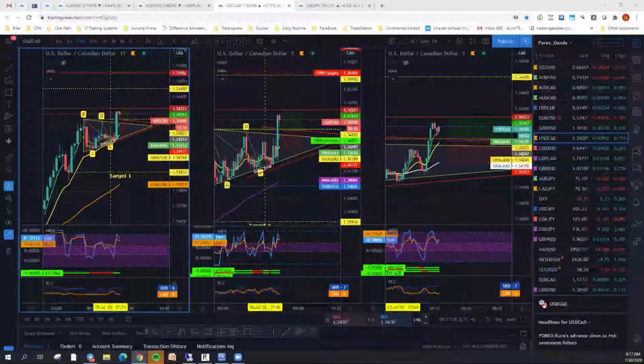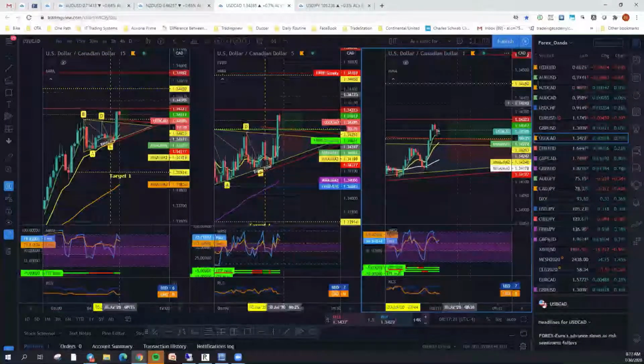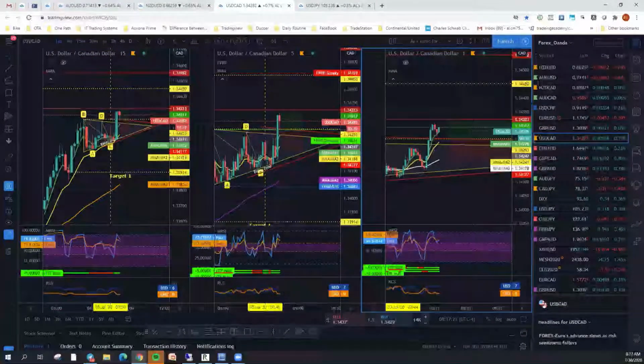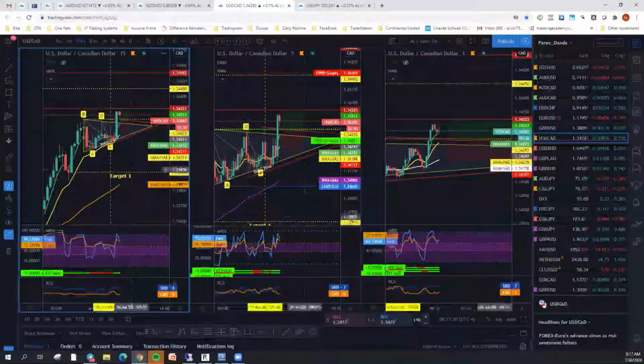Right now, it looks like the British pound seems to be the weakest of all the pairs, or the strongest of everything. The CAD seems to be weak on the higher time frames as well. Ruben's asked, and you may have already covered it, if you could show how your wedge looks on a 15. Did you show that already? It's right here on this one.